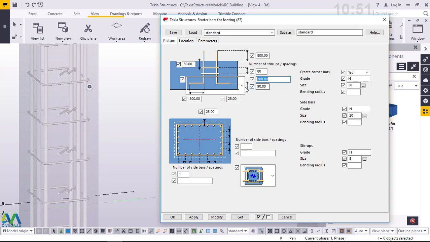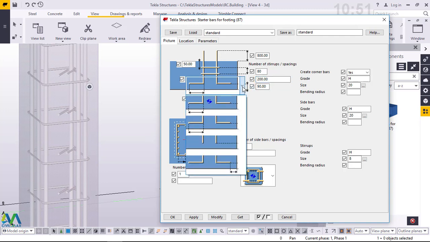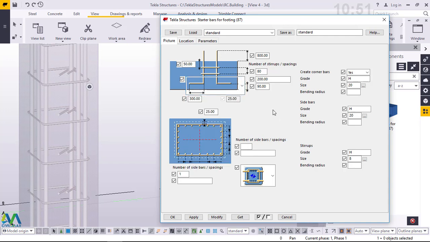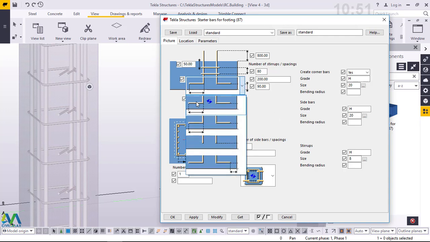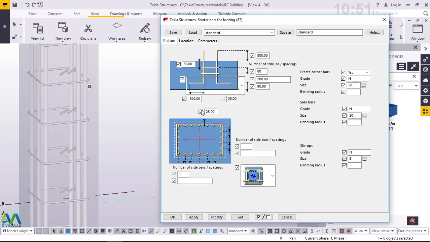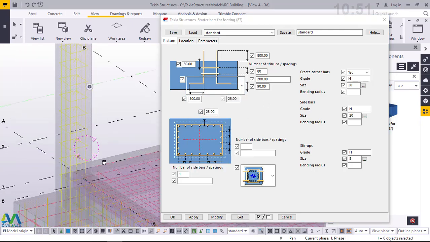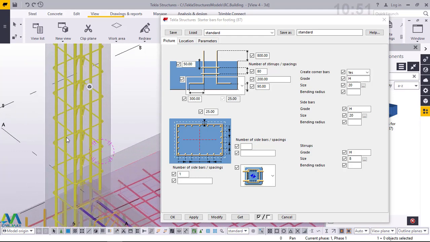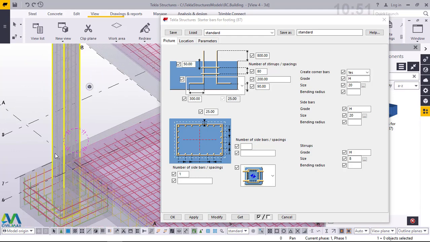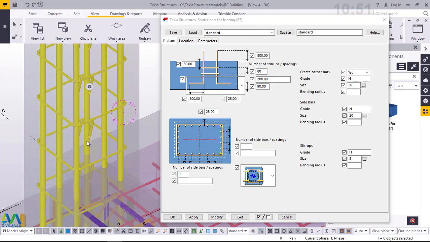You can do that. This is also how you want to place or start placing your starter bars. You can pick one of these. The standard one is this one here, and I'll pick it. Let me just turn this around. Now, having made these settings,